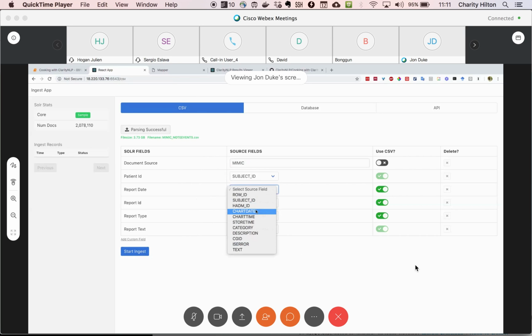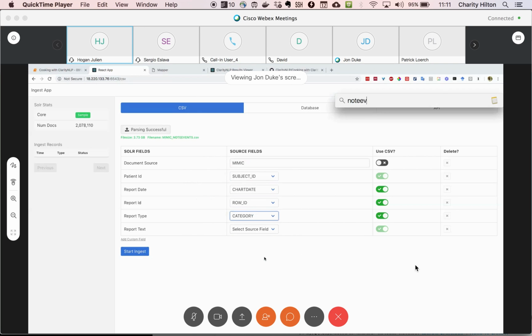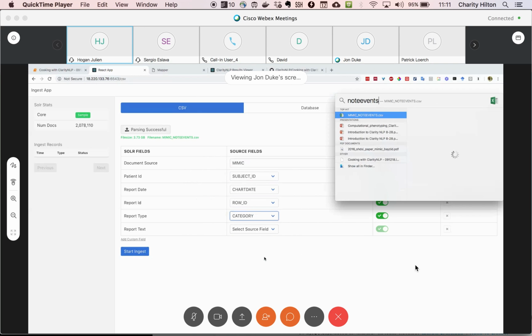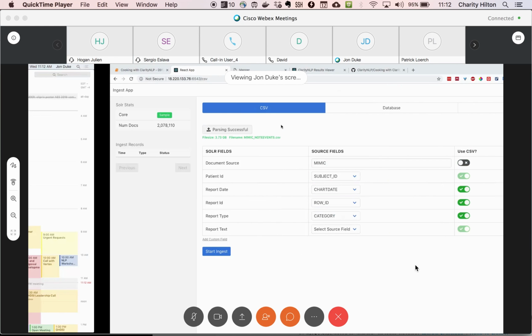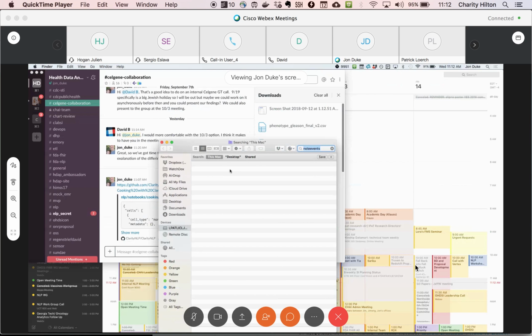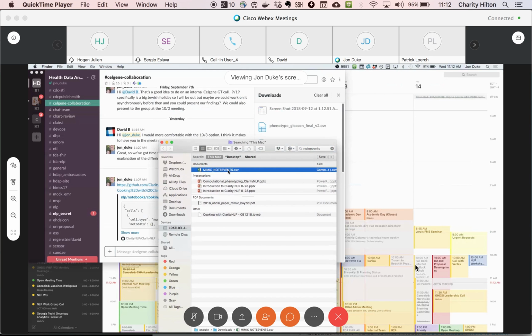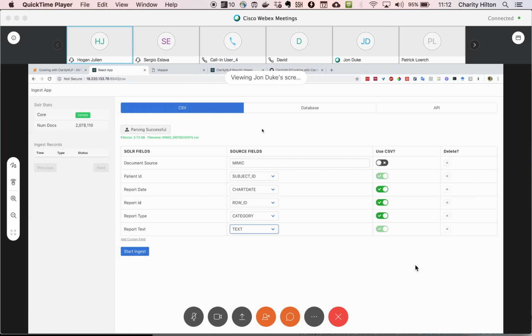And if I open up MIMIC, maybe I'll open it with the text editor so it doesn't blow everything up. TextEdit usually somehow magically opens huge files relatively quickly. But what we'll do is you can see that these categories are all in there, and then finally I can pick the text. And once these are selected, I can hit start ingest, and it will ingest it into the